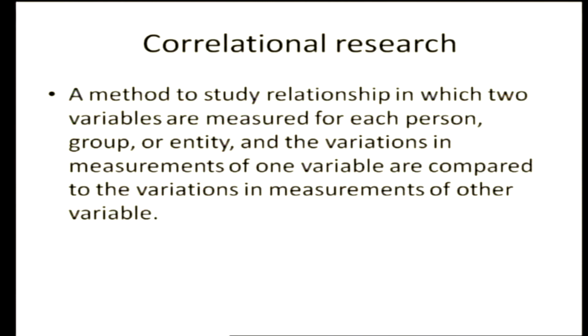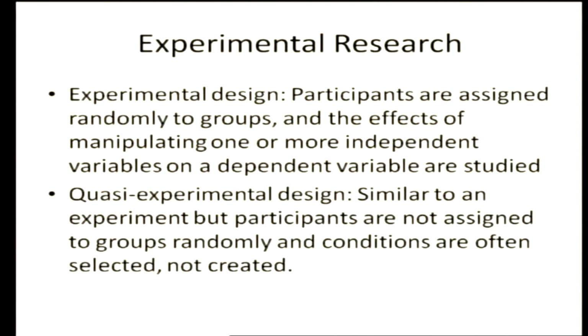Here I would like to point out that correlational studies give a relationship status. Whereas in the next, that is experimental research, here we focus on the causality. So correlation is not causality. Correlation may predict the possibility of a cause and effect relationship, but it doesn't prove a causal relationship. Whereas experimental research focuses on finding out the cause and effect relationship.